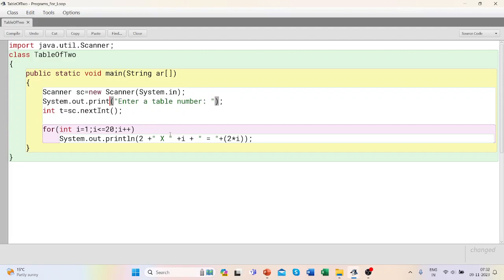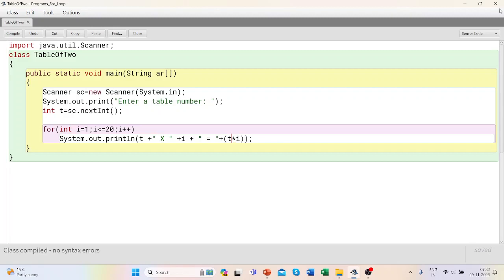Now how do we change this program to display that table? Let's say it is 5, then 5's table should be displayed. So here t means whatever they enter, t is 5, 7, 8, 9, anything is okay. And then t into i,